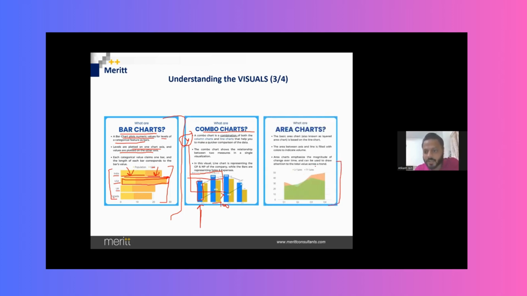And finally area charts, it is similar to a line chart. So if you see, this is my line, right? But this will show me the volume inside the area. This is why we are calling this an area chart. If you want to understand the magnitude of the change over time, then you can use the area charts as well,